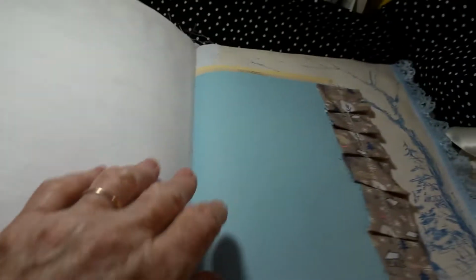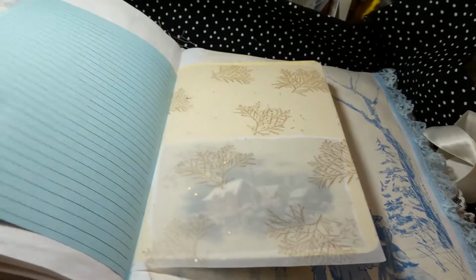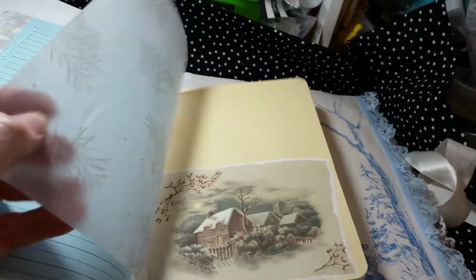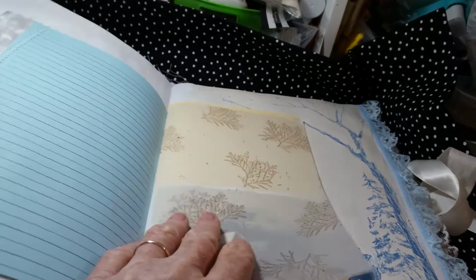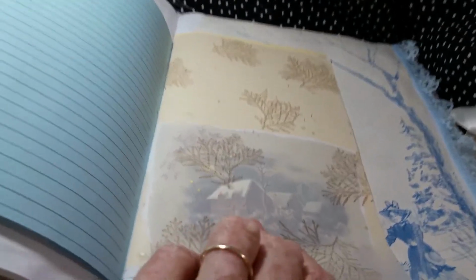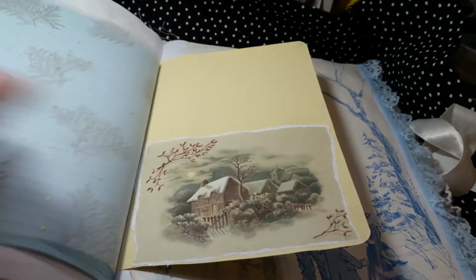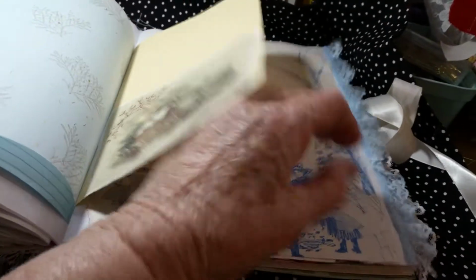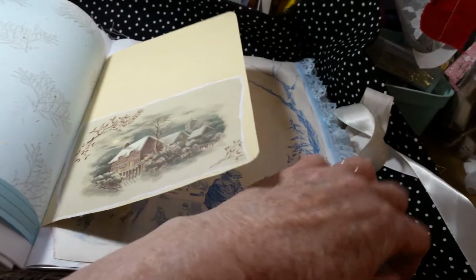Oh, here's one of the little fabric ones. So I tried to put them throughout this. Oh, and this is some paper that feels like heavy waxed paper, but I thought, oh, that print would go so well with this journal, so I put it in. See, I didn't use that many digitals. I used more